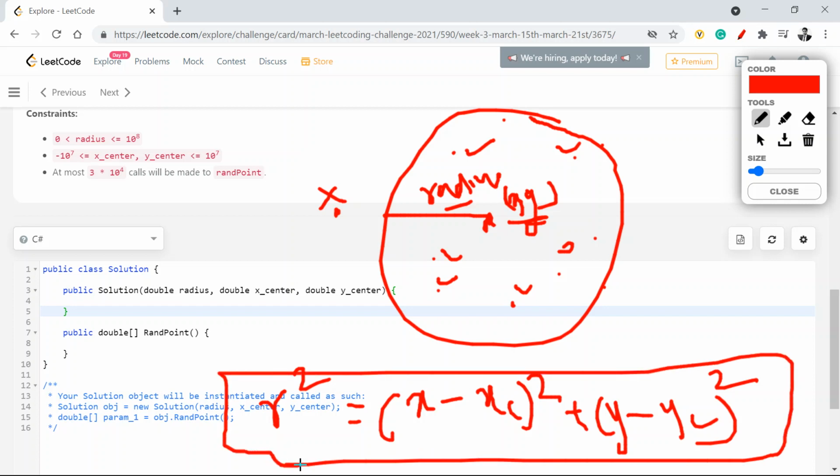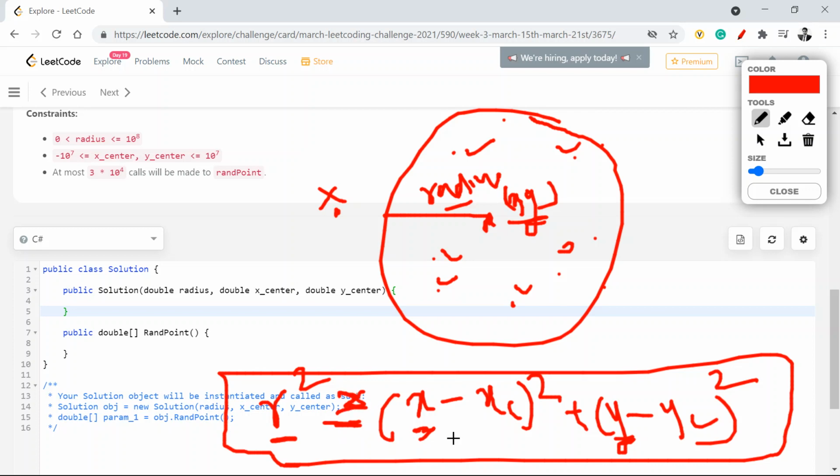So we are going to incorporate that, because if I'm going to calculate a random number, I just need to ensure that this x and y which I'm going to calculate is always less than or equal to this radius square. I hope you understood this.